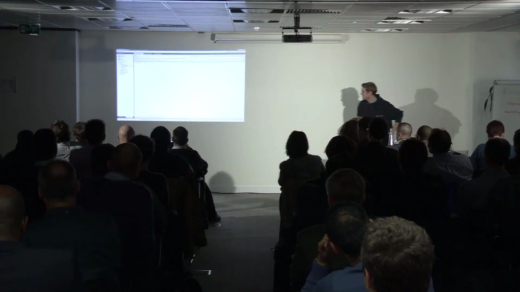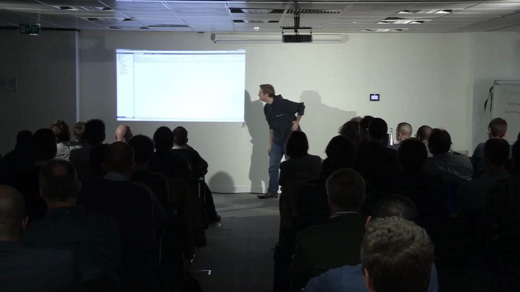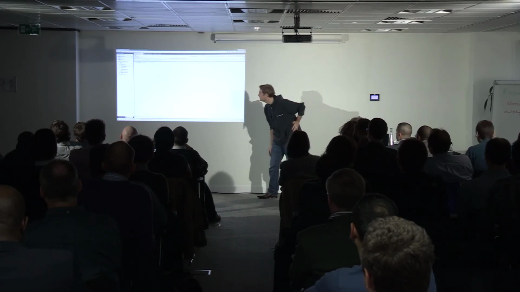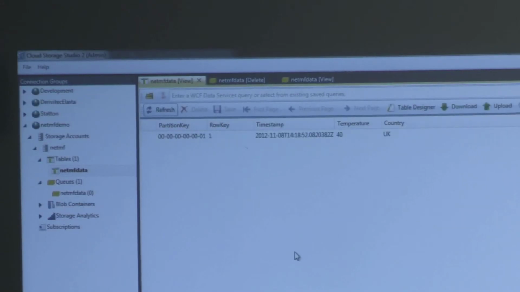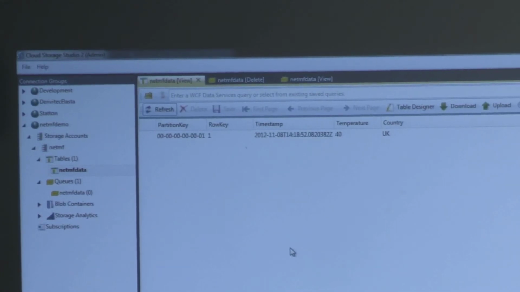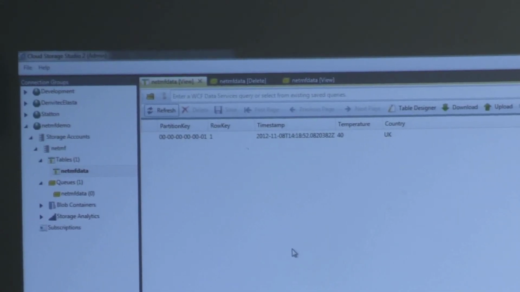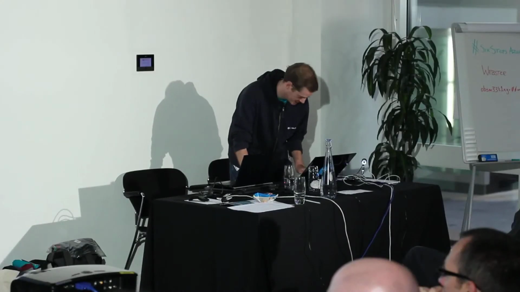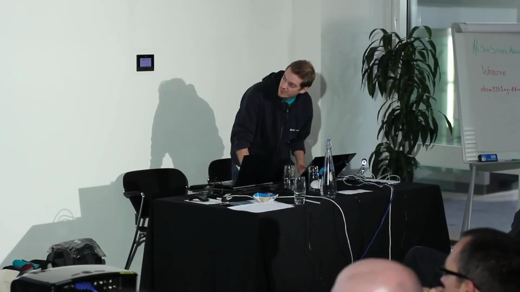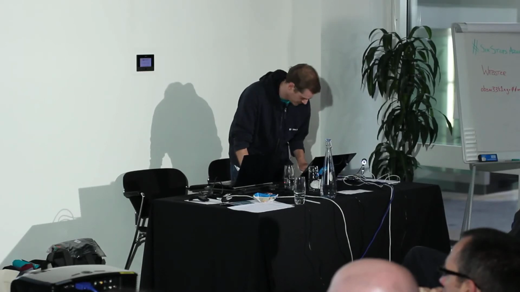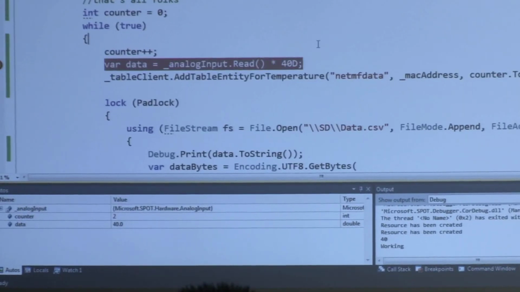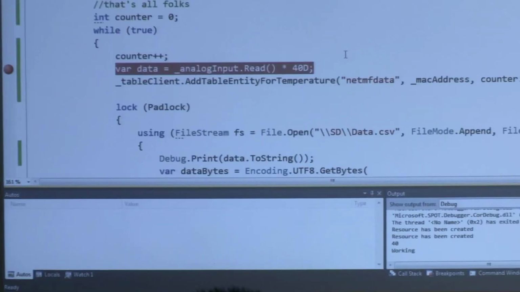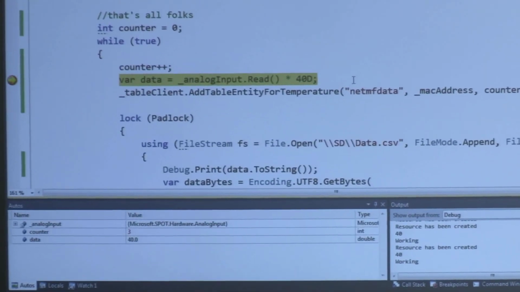So if we go over here, again, we can see, let's see what I'm doing again. We should refresh the data in there. There you go. I have a new item added in. Now if I just go back to Visual Studio and run it a few times, we can refresh it and see what we're doing. Let's run it once. That's done another one.